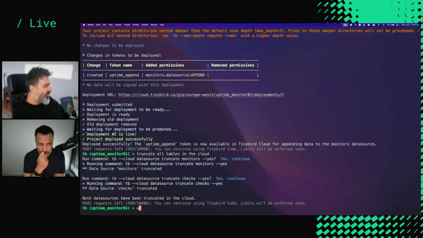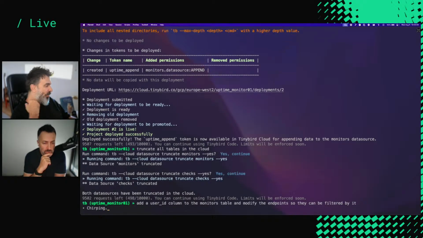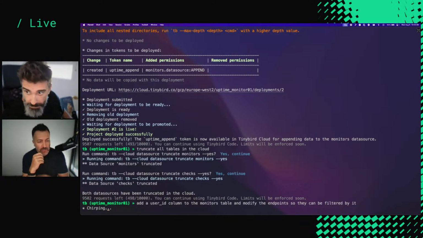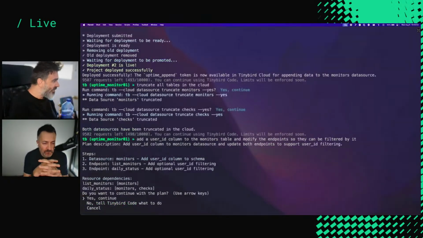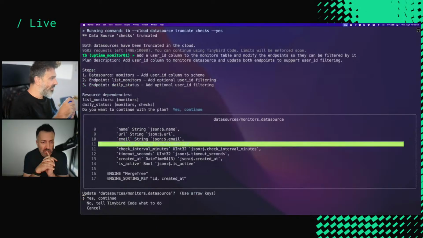Makes sense. So let's start by adding a user ID column to the monitors table and modifying the endpoint so they can be filtered by it. As simple as that. Actually,